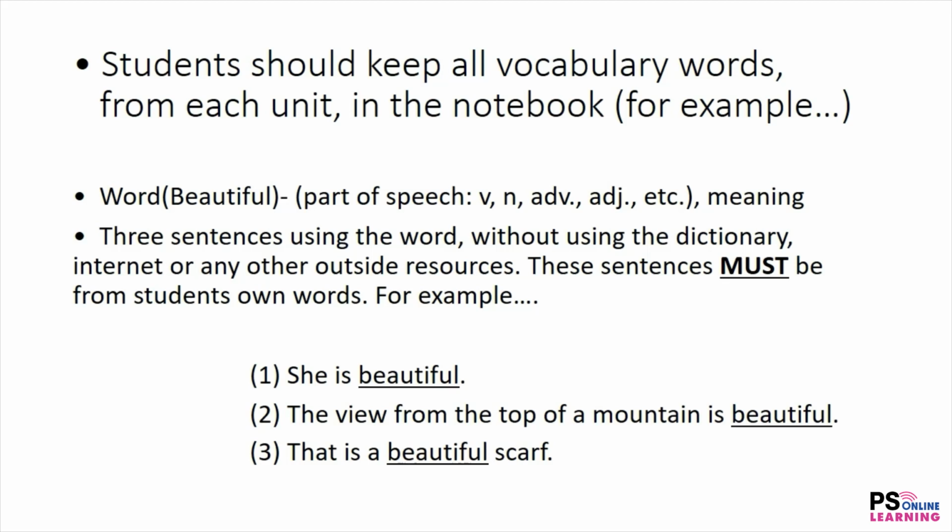Your word, part of speech, the meaning, and then 3 sentences using that word. From your own head, not from a dictionary, not from a website, not from other electronic devices. Only from your head, your own words. And I gave you some examples here, the 3 examples.